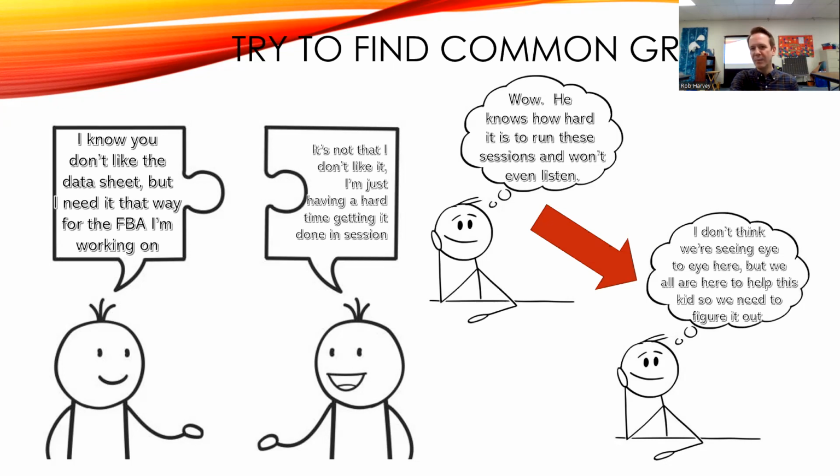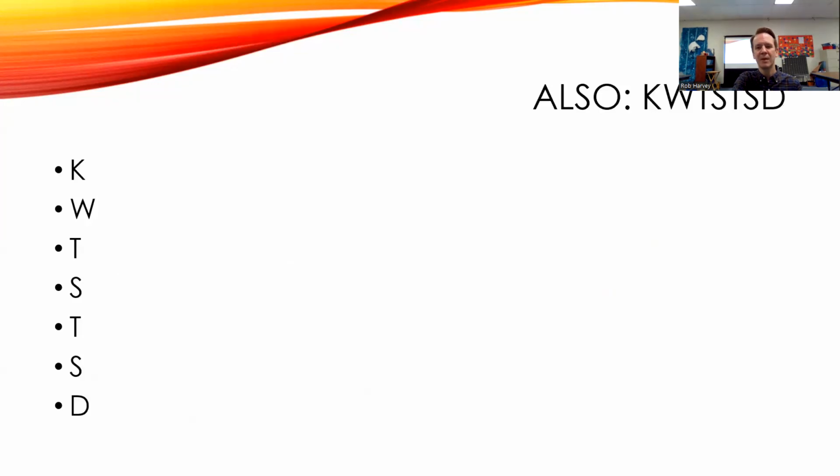We both want to help this kid. We both need this data to continue to serve this kid, right? We both need whatever it is. It's in my best interest to work effectively with these other humans, so finding that common ground. And then also a very important piece to remember here is KWTSTSD. What does that mean, Rob? Well, it means you need to know when to shut that